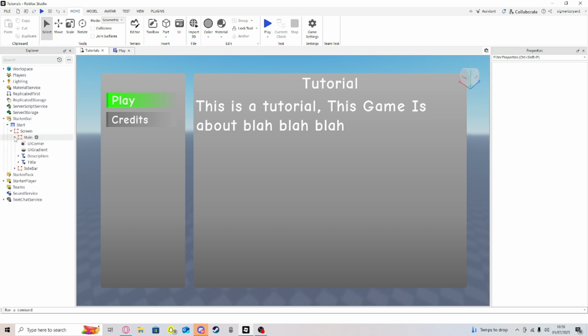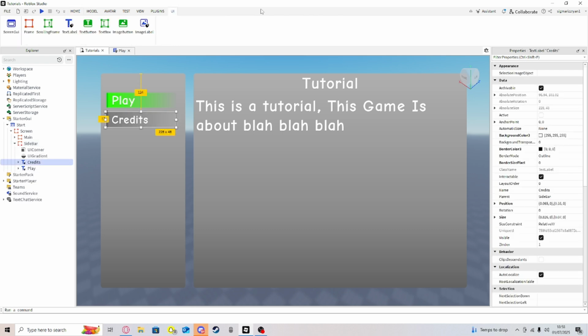So, you want to go to sidebar. You probably haven't already got the credits, so copy the play, rename it to credits, and don't try and move it just by dragging it. Or oh no, it does work. It's weird. It didn't work before. So place it wherever you want it,